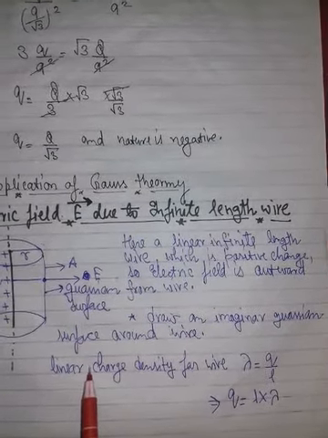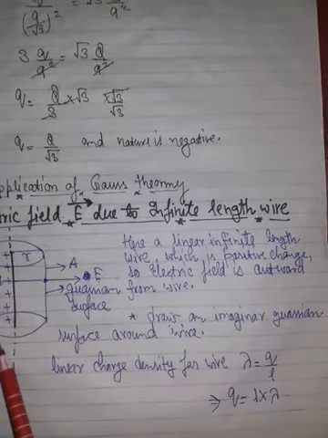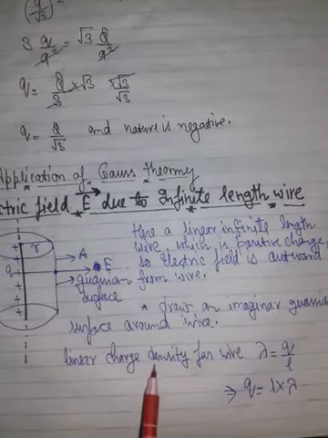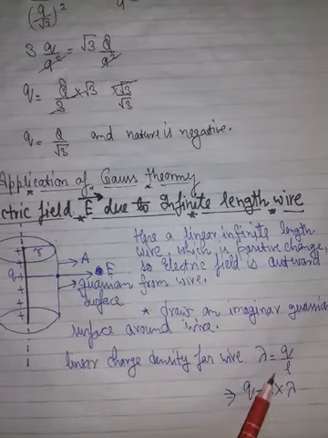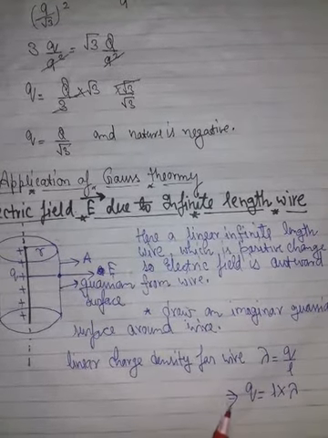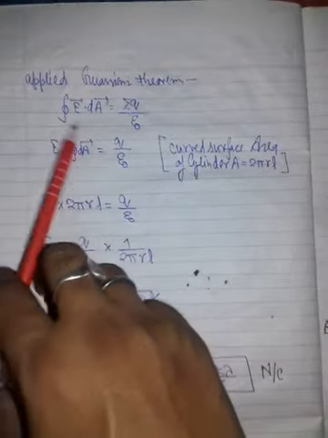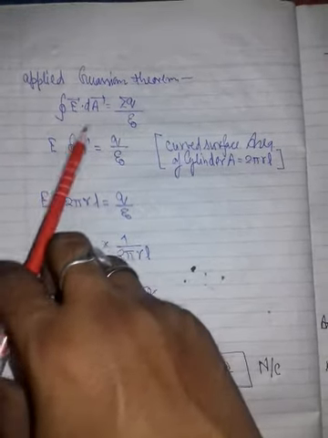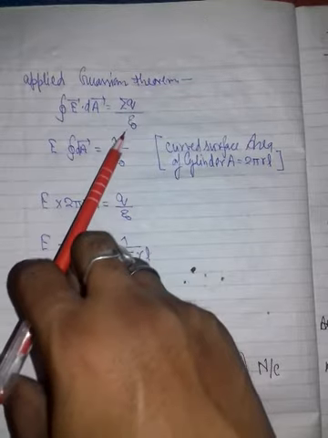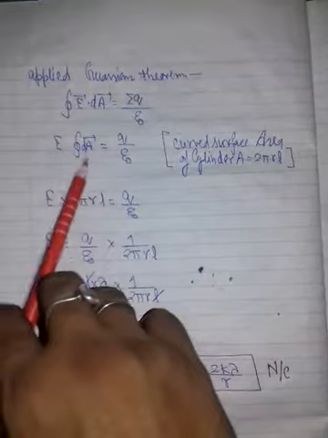We have already told you about three types of charge density, and here, since it is a linear, one dimensional wire, we use the linear density, that is lambda equal to Q by L. By cross multiplying, the charge value is length times charge density, that means linear charge density. Applying Gauss's theorem, that is the surface integration of the electric field over a closed surface equal to 1 by epsilon naught times the charge enclosed.